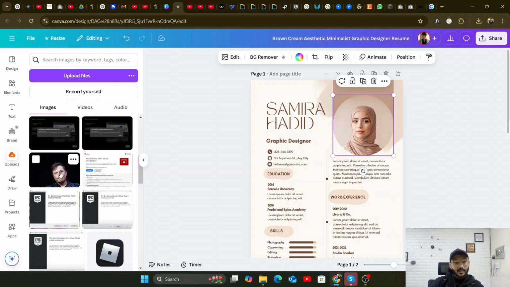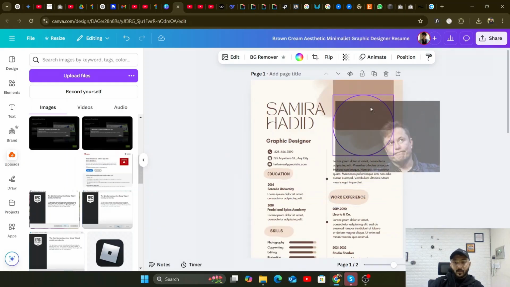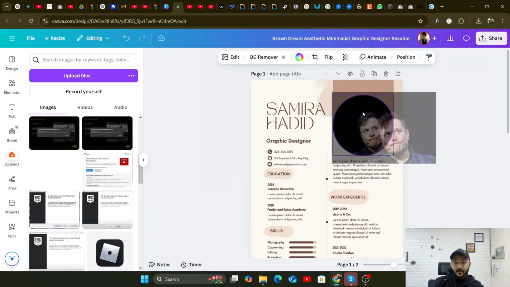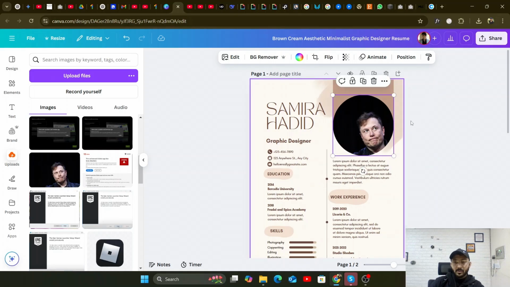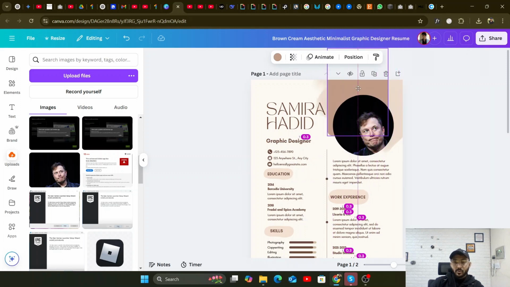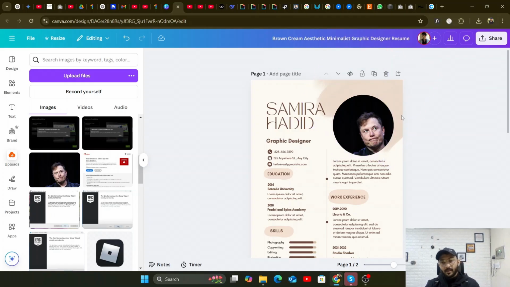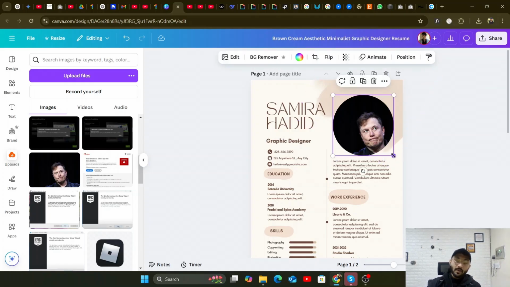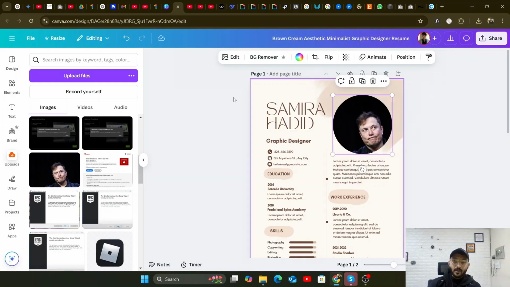So what you will do is you will drag this photo right here into this shape and it will automatically pick your photo. So it is as simple as that. Okay, and then you have individual freedom to basically choose whatever you want to remove or keep. So let's say I want to remove this shape, I can do that, and you can also change the size of this and you can edit that as well. So if you click on edit,